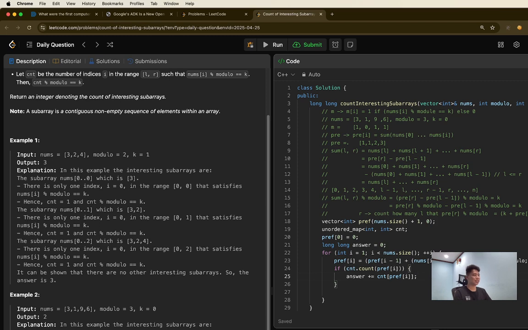That's it. We need to put the 0 into the array too. Why? Okay, we need to get